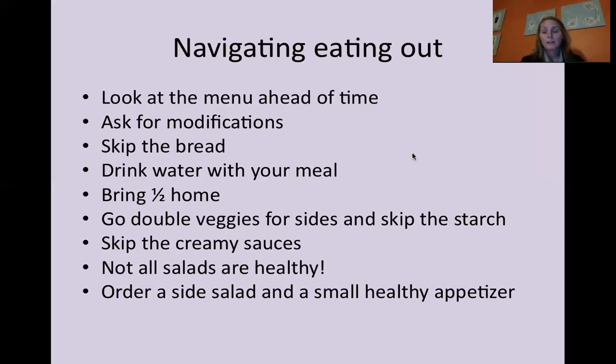And then a small healthy appetizer. A lot of times, they'll have a Mediterranean hummus plate, where you can get it with veggies, or you can get it with some pita bread, and they'll have hummus and olives. And you're going to be careful with that too, because oftentimes it comes with the cheese and the olives and the hummus and the bread and everything, and it can add up. And oftentimes those appetizers are larger appetizers. So if you can find a small one,